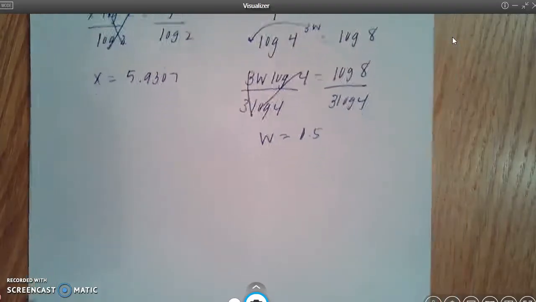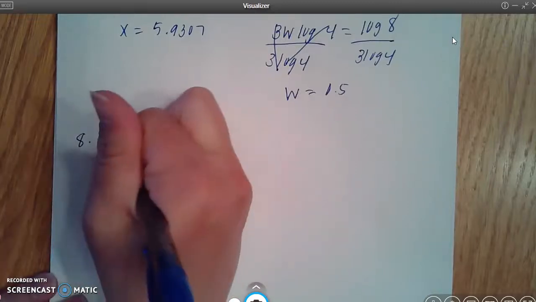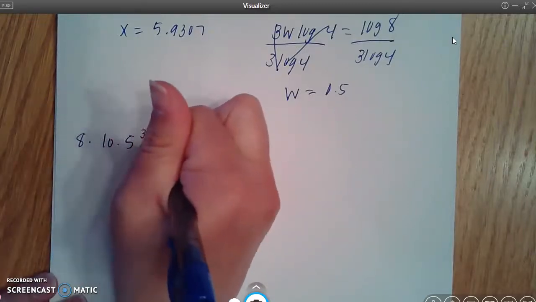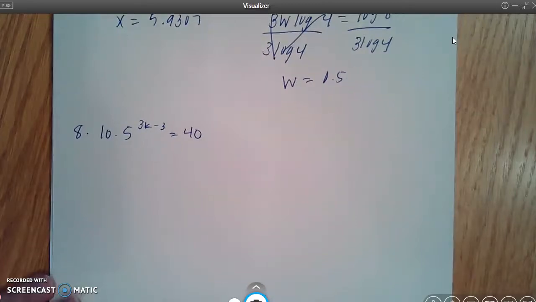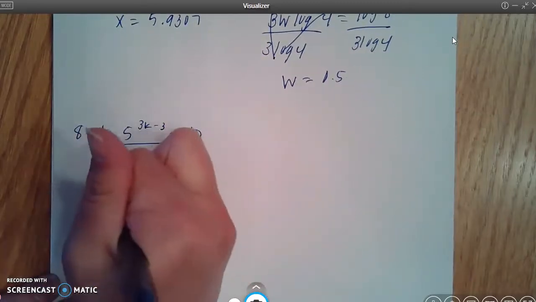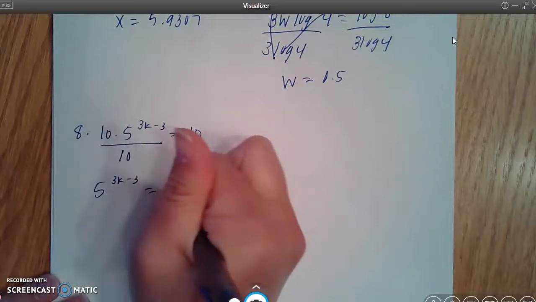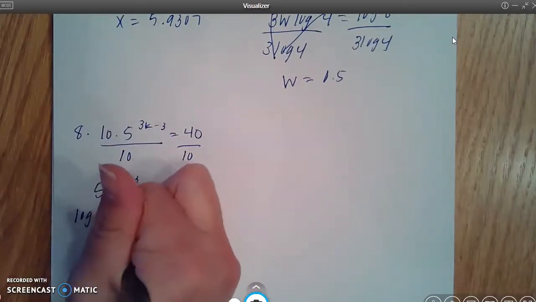Okay, let's look at number 8. Number 8, we have 10 times 5 to the 3k minus 3 is equal to 40. Okay, step 1 is we need to get rid of this 10, so we're going to divide both sides by 10, and you're going to get 5 to the 3k minus 3 is equal to 4. Now I can take the log of both sides,